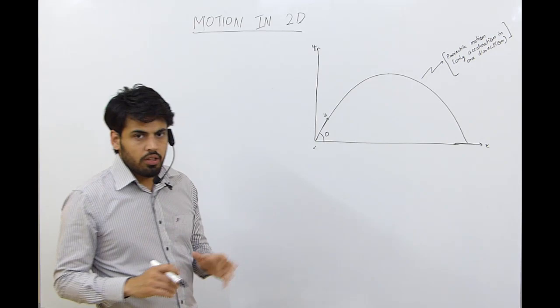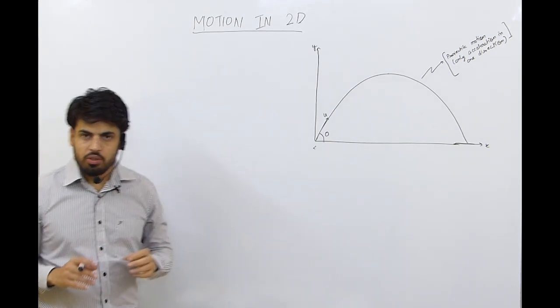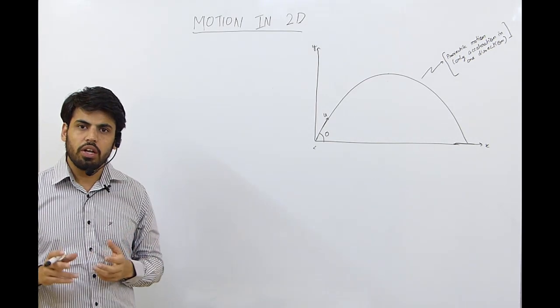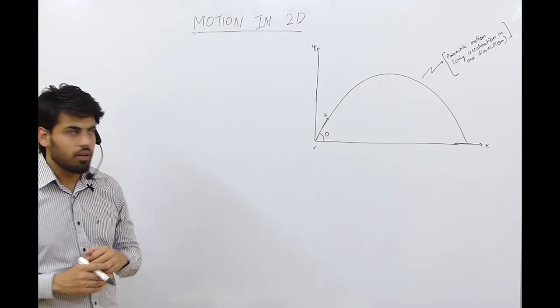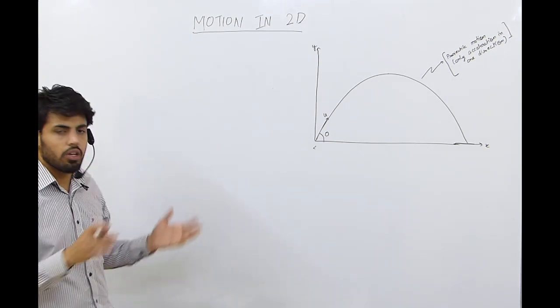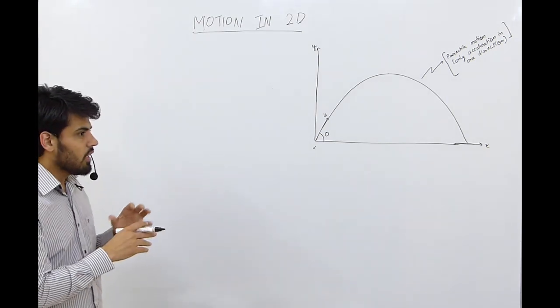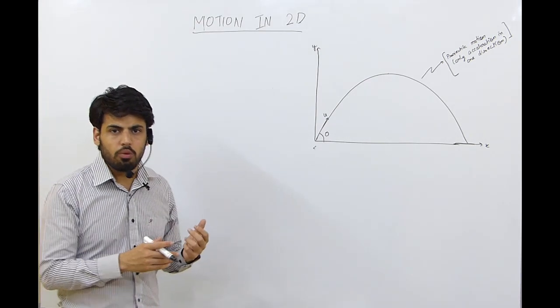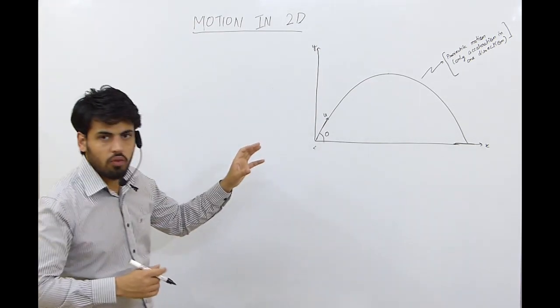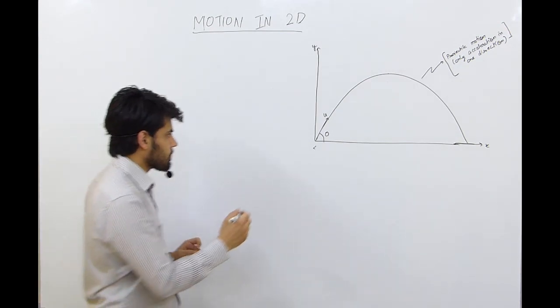Motion in 2D. From the name it is very much clear to you that the motion which is directed in two directions is known as 2D. In the 2D case we will only take the x and y axes into the numerical consideration and in the explanation of each and every phenomenon. So let's start with some basics of projectile motion.